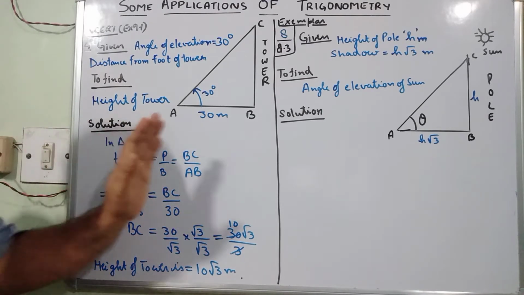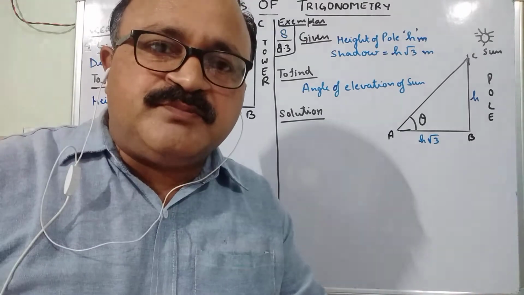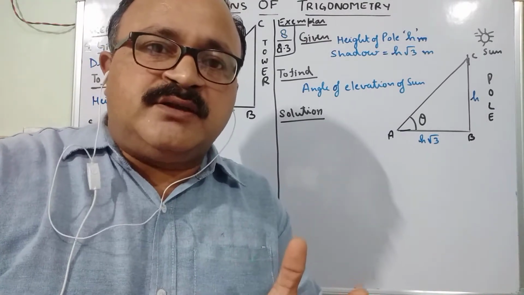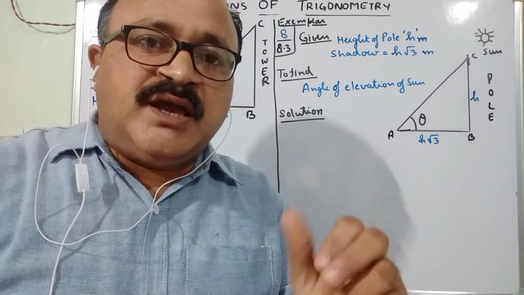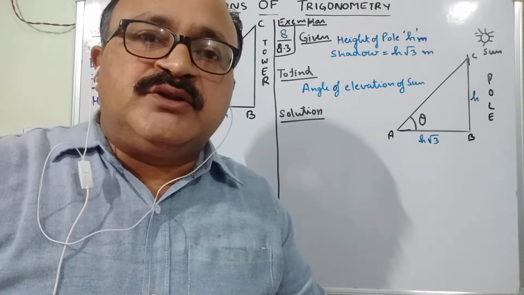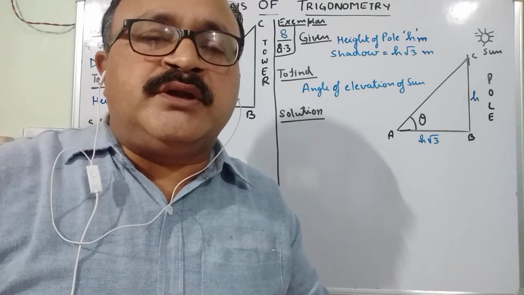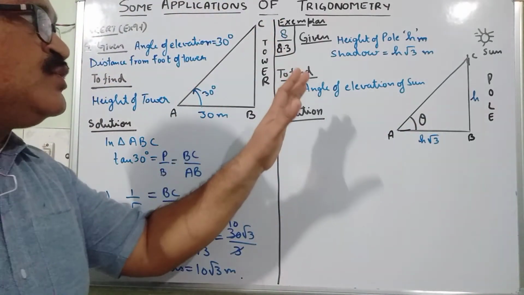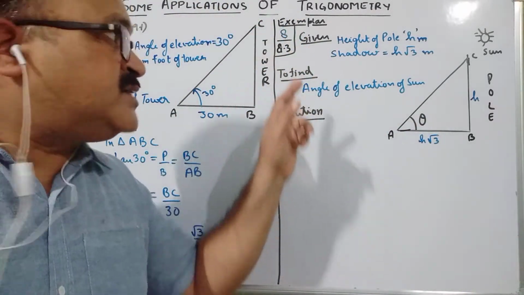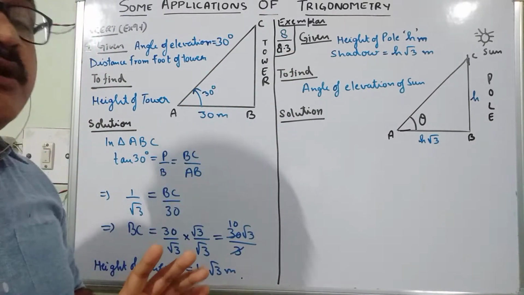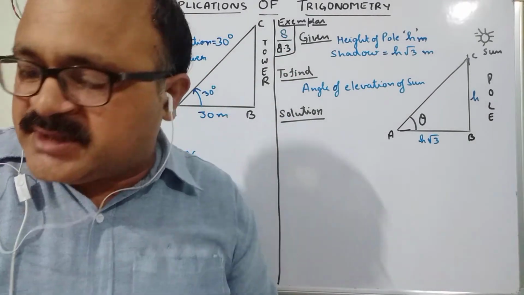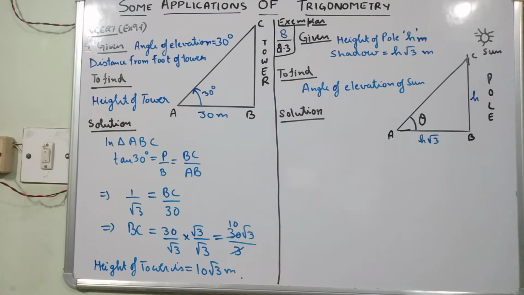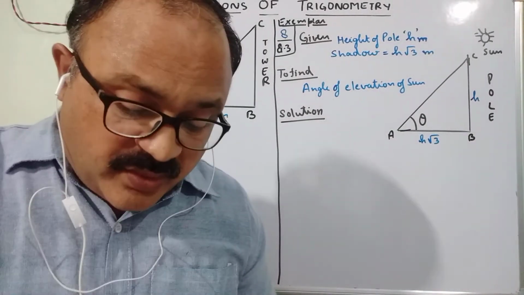Similarly, I hope you must have understood it. Now, in another case, we have three things: the ratio of sides, which will always be two things, and one will be the angle. Either two of the things you will be knowing, and the third one you will be finding. Just check out this case of Exemplar exercise 8.3, question number 8. I'll just read out the question first.